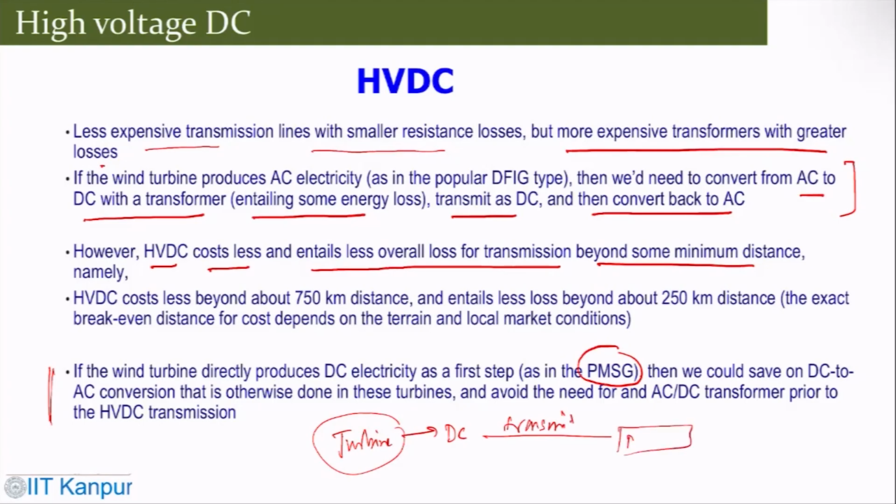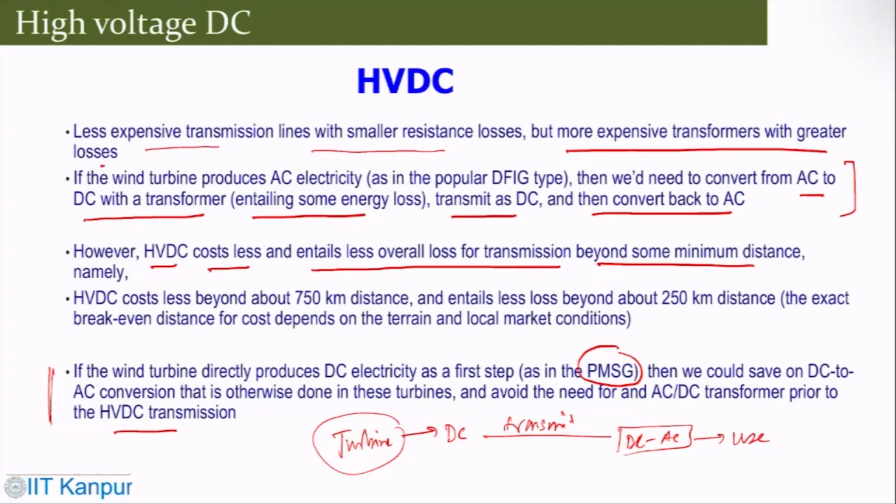There is only one conversion, DC to AC, and then it is used directly. So you can avoid the need for those transformers and the high voltage DC transmission losses. The idea here is that as long as you avoid, or can minimize, these conversion processes, AC to DC, DC to AC and so on, then you can definitely improve your overall